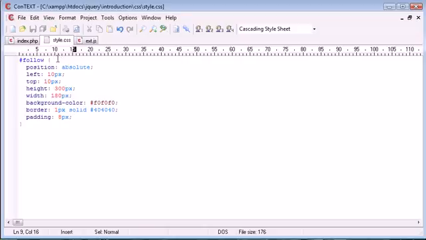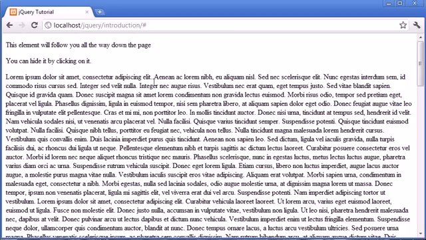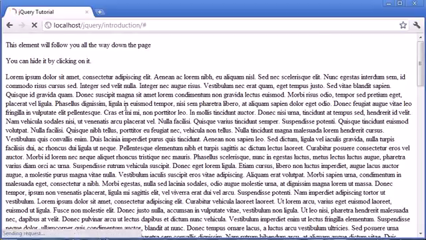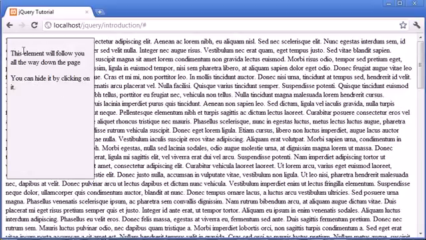Now the CSS that I've just written here will enable it to be viewed in a different way. At the moment you can just see it's just text here on a page essentially, but when we refresh you can see that we've now got it styled correctly. It's in a position absolute, which means it is overlapping